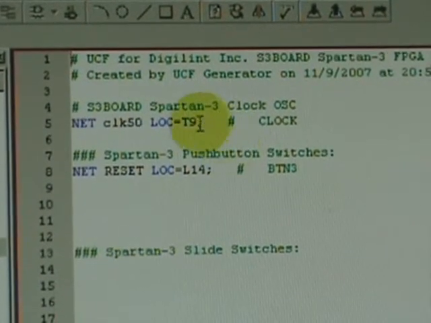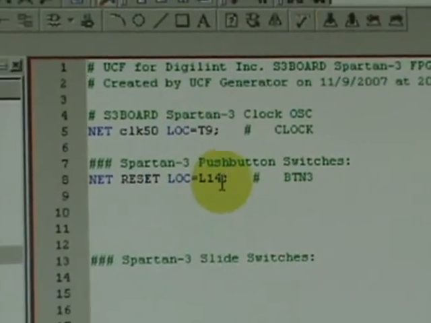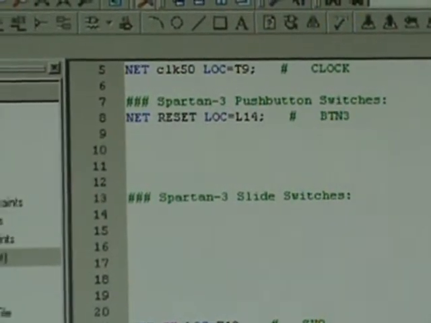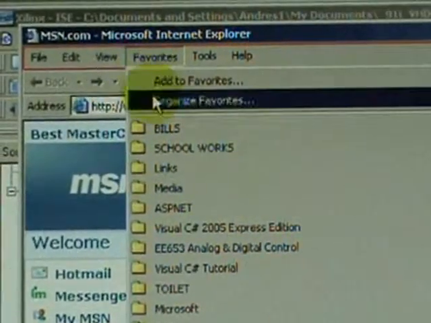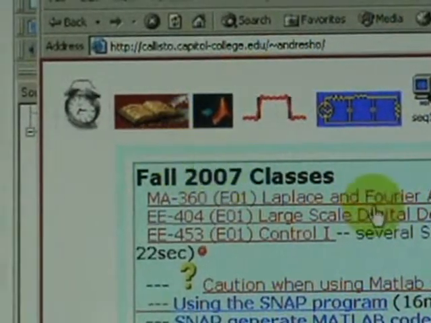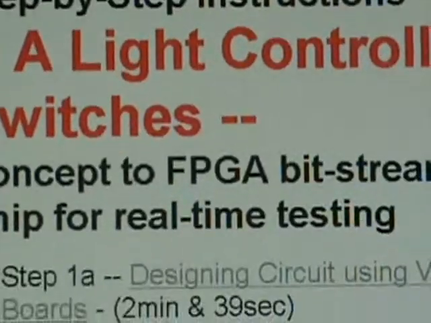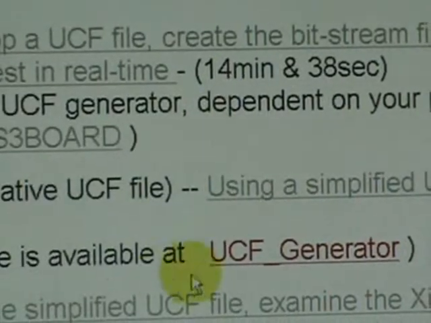What you need is to use the user manual in order to find this FPGA assignment to the user. What I will show you is the simplest one. Just go to the course website, go to the college homepage, click the FPGA under EE404, scroll under step number 5. We have a much simplified alternative UCF generator written in Excel code. Click that to open,